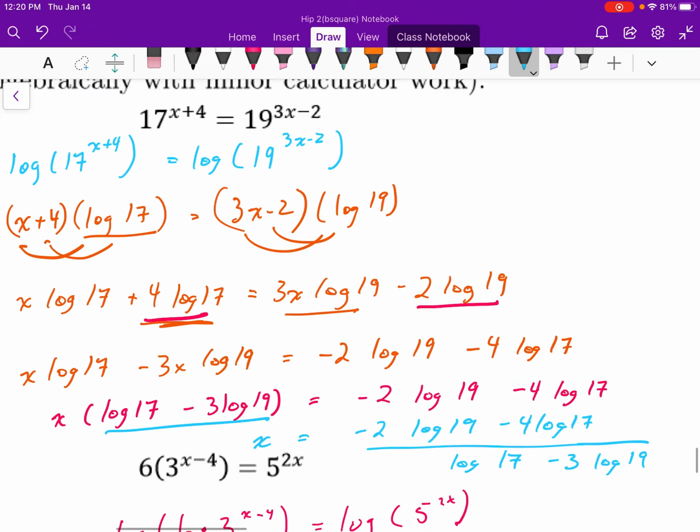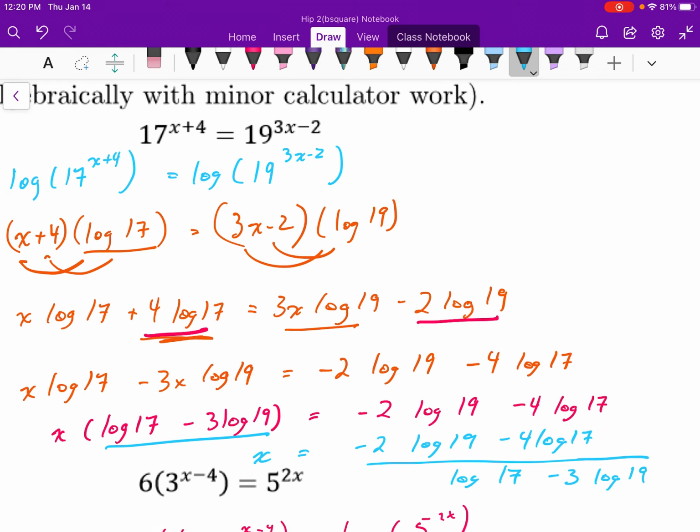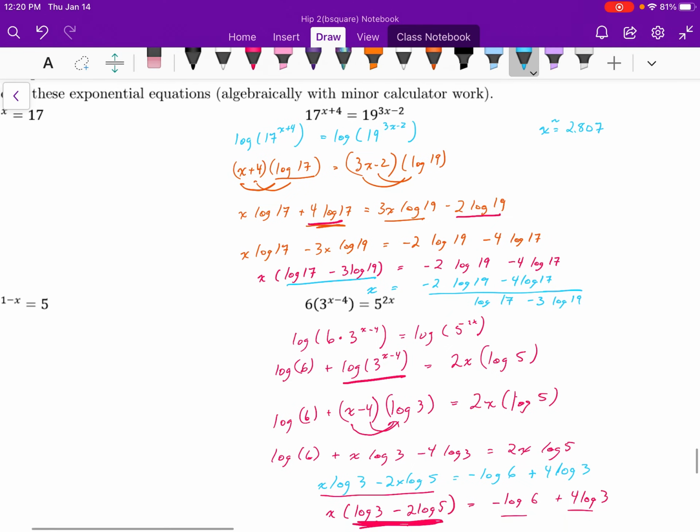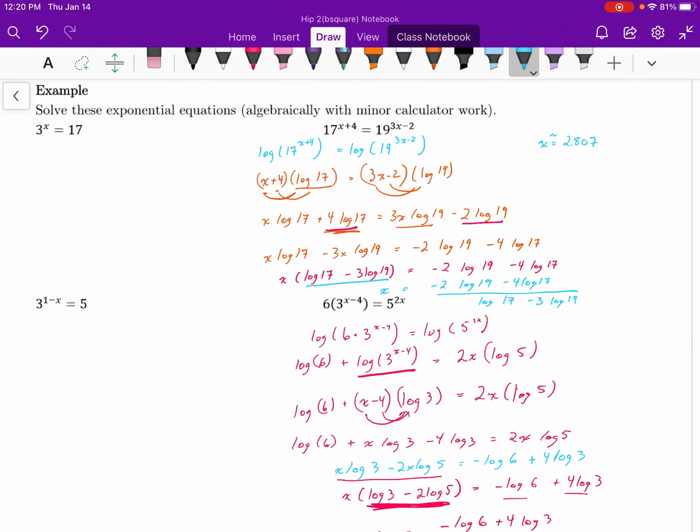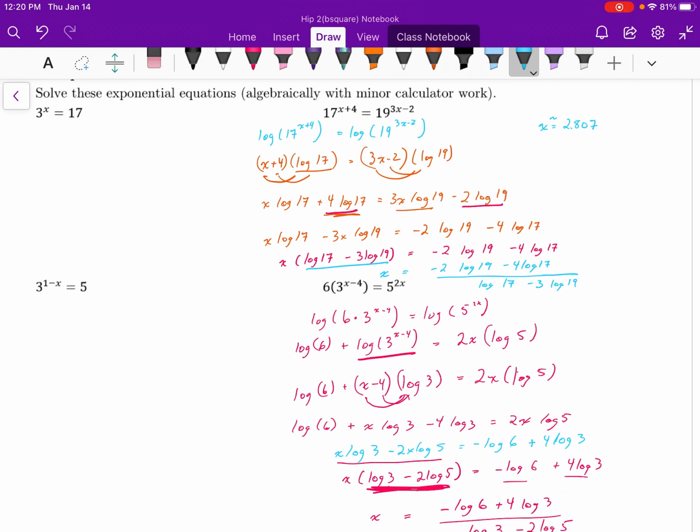Wow. And I'm going to take out my calculator to find out that value, and what I get is x is going to be approximately 2.807. This was a fairly intense couple of questions here, and no doubt they needed some work all by themselves. You have to get used to the notion that what